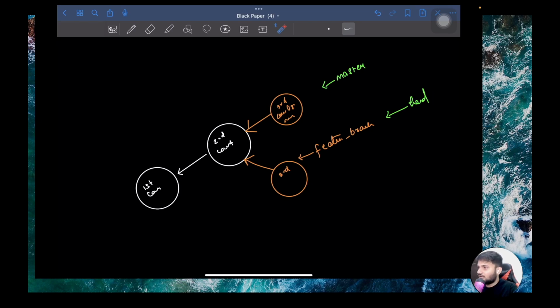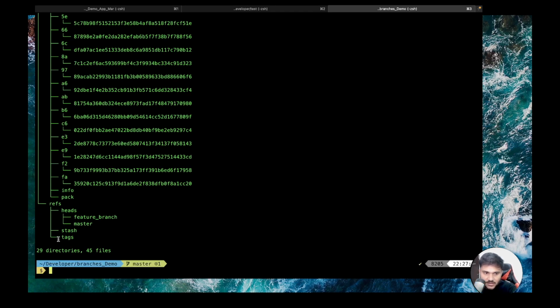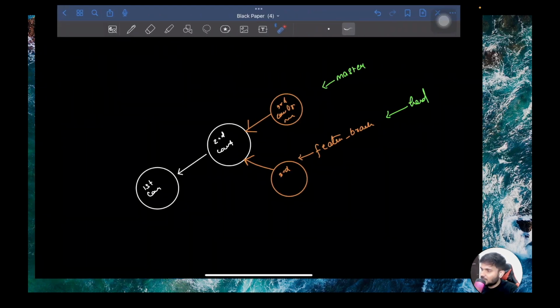Now in Git, there is a concept of tags. If you go to a repository and visualize the .git folder, you will see a bunch of tags inside the refs. These are reference pointers. All of the reference pointers are mentioned, like heads and everything. So you can see there is something called tags. So what is a tag? A tag is also a pointer. In simple terms, a tag is also a pointer, right?